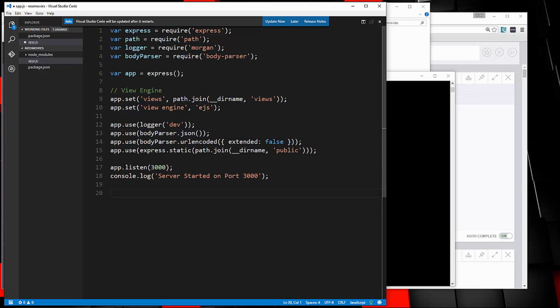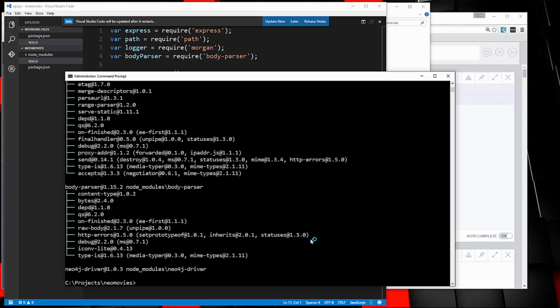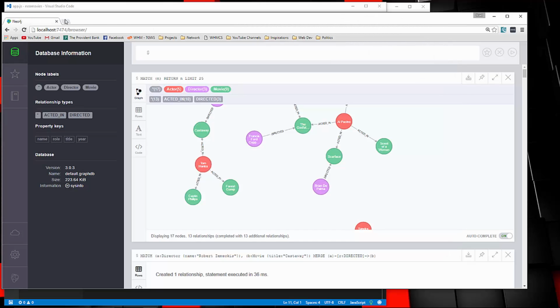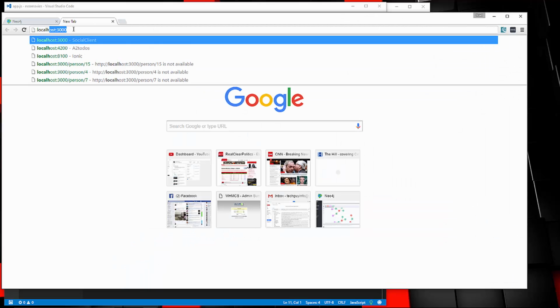All right, and then we just want to export. There we go. All right, so the server should now run. Let's save that, and we're going to go back over here and say node app, and you can see that it's running on port 3000. So if we go to localhost 3000,